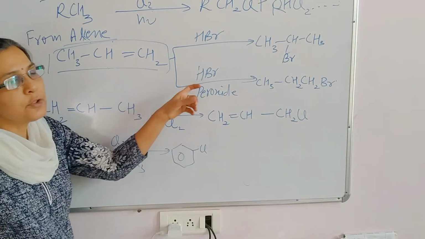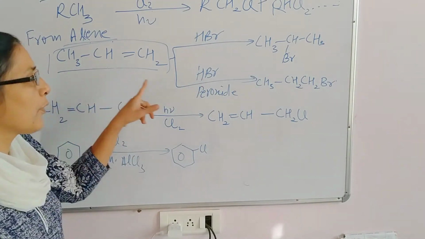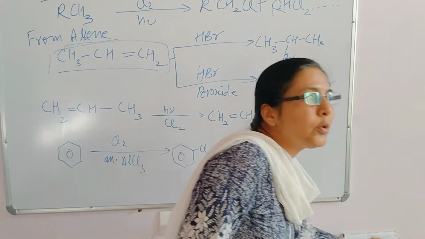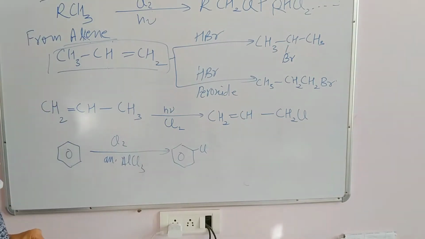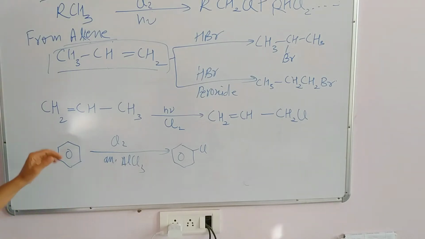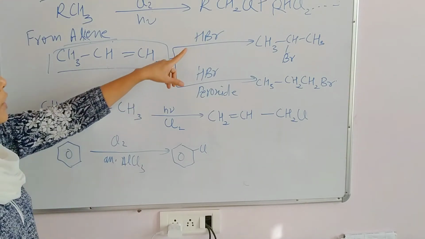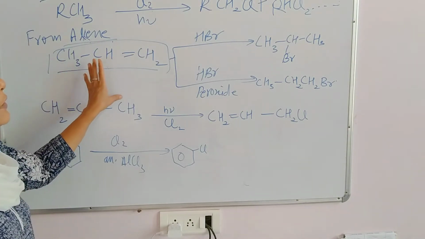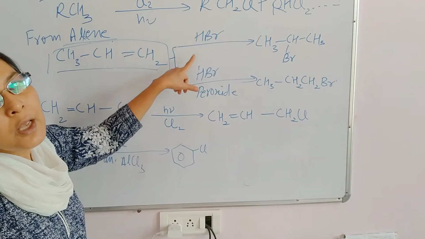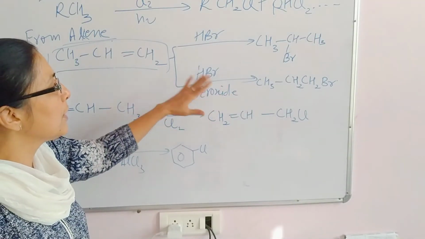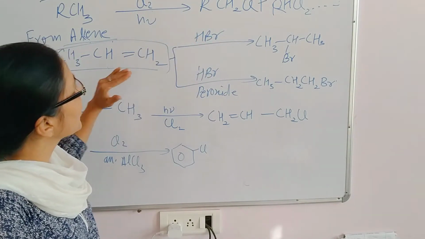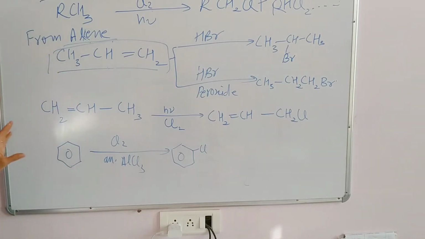But HBr in the presence of peroxide, if I am taking, then there will be formation of 1 degree halide, as peroxide effect will work only for HBr. That's why especially for conversion we have to do bromination according to the requirement of the question. Okay, you cannot take HCl for this conversion. Please be noted that peroxide effect applies only in the reaction of HBr, otherwise not. Otherwise maximum times HBr will make the Markovnikov product.